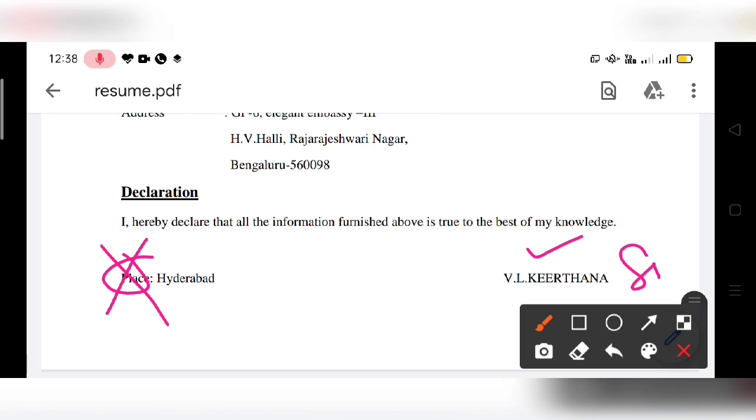Opposite Hyderabad, your signature is needed when you submit the resume by hand, means when you are attending a campus placement, your signature is needed. This is the information that you are providing. And remember that in resumes always you have to provide the correct information, genuine and authentic information, and you will only be responsible if you provide some wrong information, and they would also hold you responsible for that, right? So signature, and below that your name in capitals. So this is how the resume has to be drafted, with a lot of care and attention, keeping an eye on punctuation, spelling errors, sentence constructions, indentation, spacing, and all these aspects.